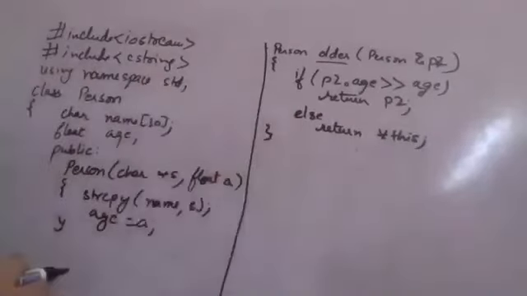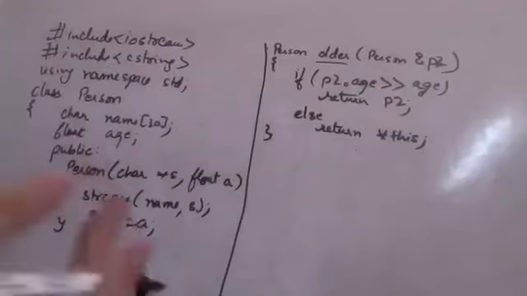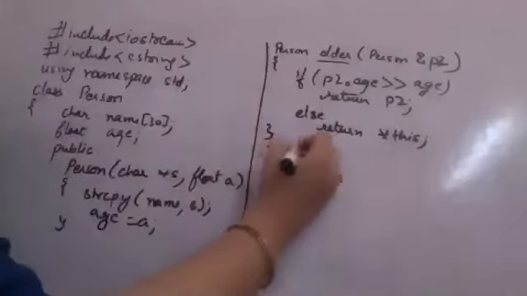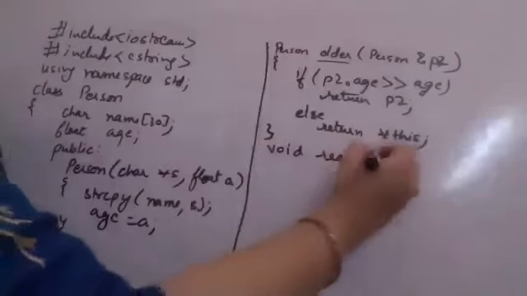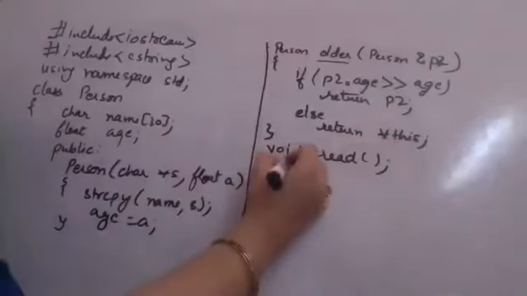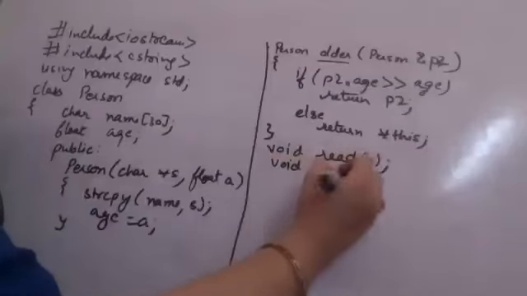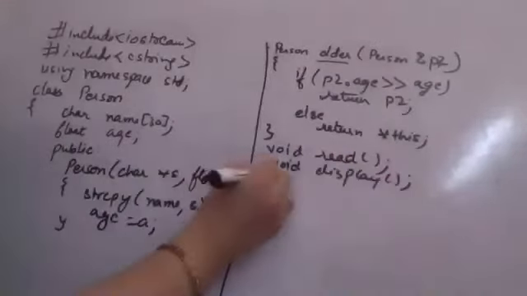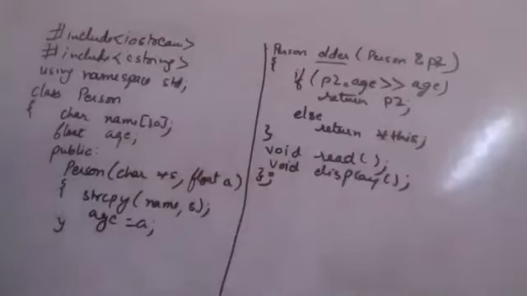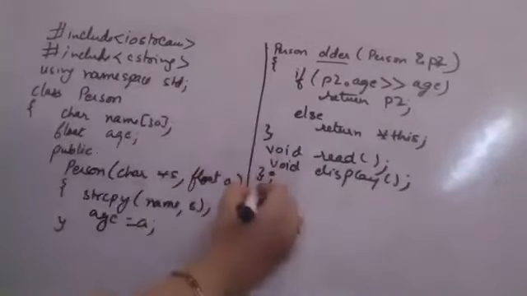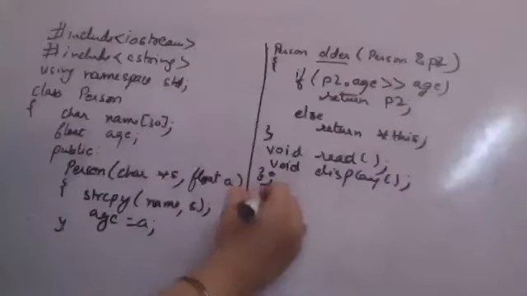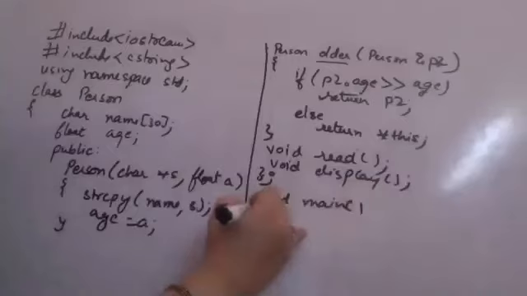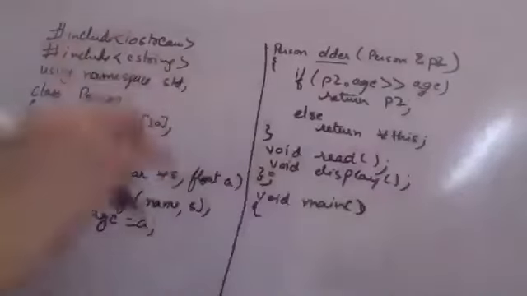This is ending here. Now supposedly there are read and display functions which I am not creating here. There's a read function, there is a display function that you all can create, so I'm not repeating those parts. Supposedly you will be creating them, and I close the class. After closing the class, I will be having my main. Within the main, let us create the object of the class now.